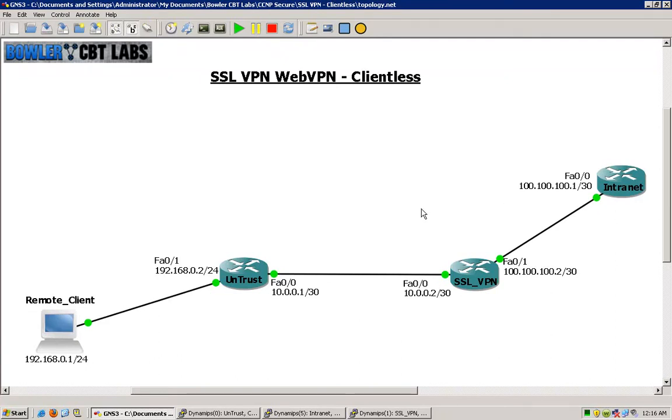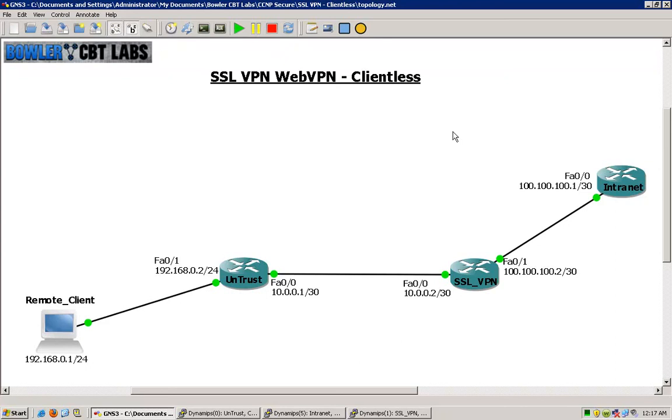So once we actually get to the SSL WebVPN portal, we'll see a list of URLs that I've configured, and we'll attempt to hit one of those URLs, which is actually pointing to this router over here, and we'll hit the web interface through that router. And then I'll also demonstrate how I am unable to hit that particular interface if I am not logged in